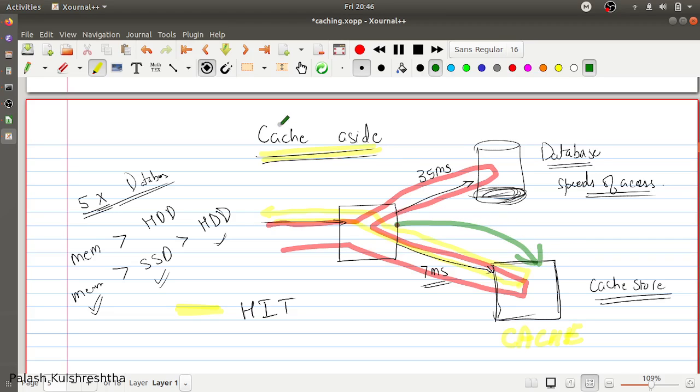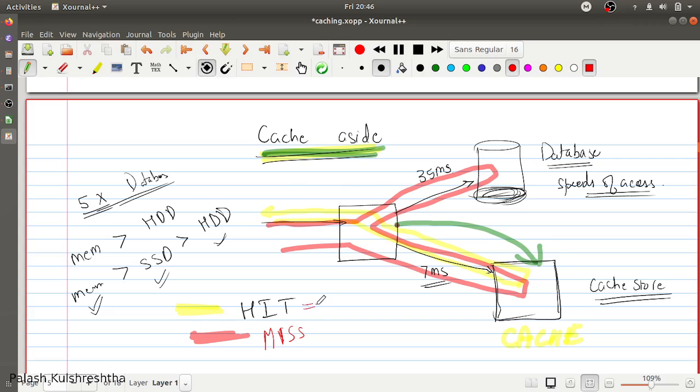So this is the cache aside pattern, which can also be implemented in other ways, but generally we see that if there's a cache miss, then you retrieve data from the data store, and it is returned.